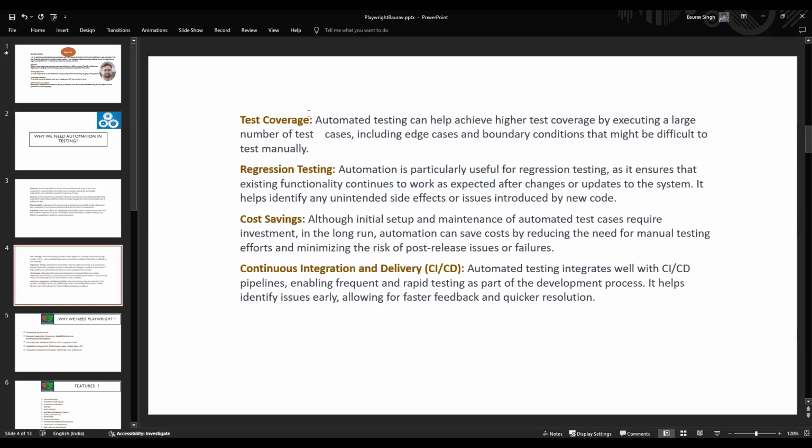And then it comes to test coverage. As we started our conversation, we can go with the complex scenario, so that comes under test coverage. Regression testing: if you have the regression suites available which you want to execute again and again, that comes under that. Then cost saving, as I told you, if you do the repetitive tasks again and again and you don't have reliability on any resources,